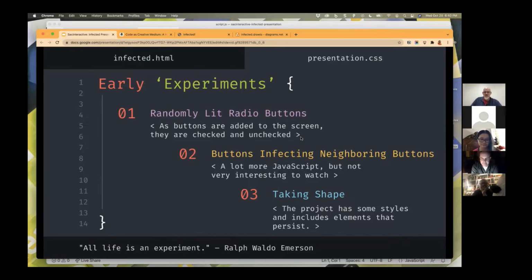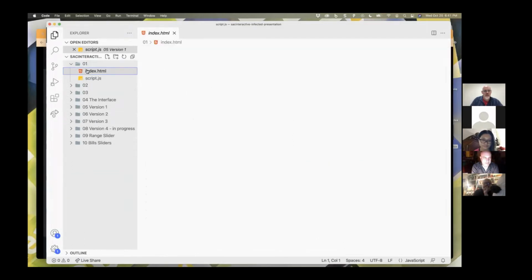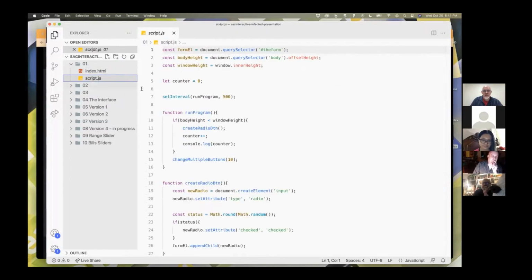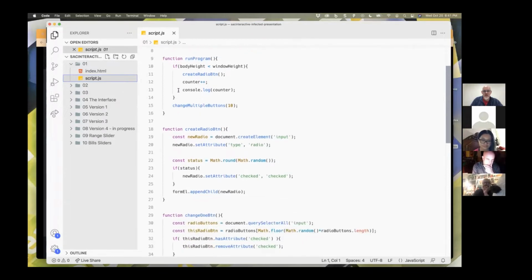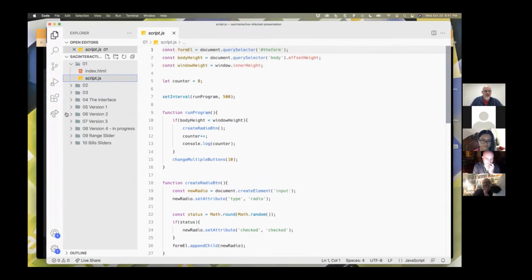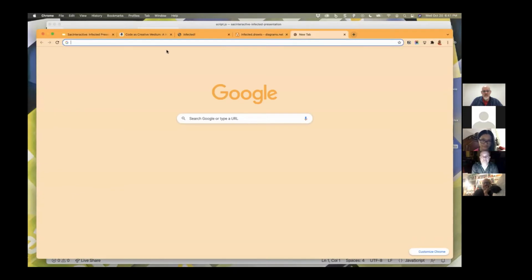I started with just some randomly lit radio buttons, and I have all of this open over here, so I have the different versions here that we can talk about. If we look at version 1 here, there's very little in the HTML file, and the script file includes a few variables and a few functions to run. It's not very fancy. There's not too much here, but I was just playing around with the idea of,